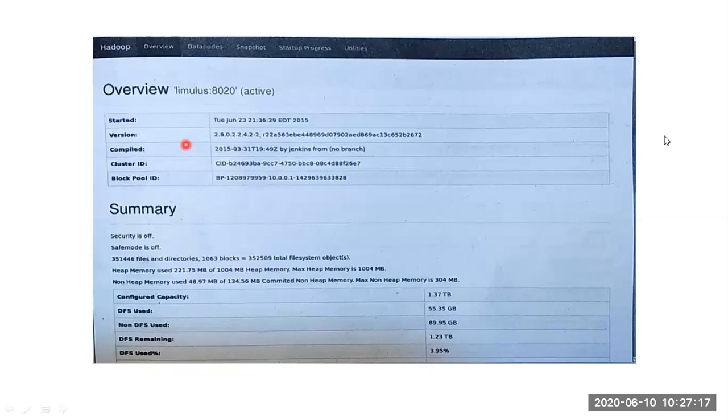So which gives you an overview of the complete representation of your HDFS, like started, version, compiled, what is the tool ID, and security, safe mode is on or off, and what is the configured capacity, DFS used, and DFS remaining. And when you talk about this kind of HDFS,